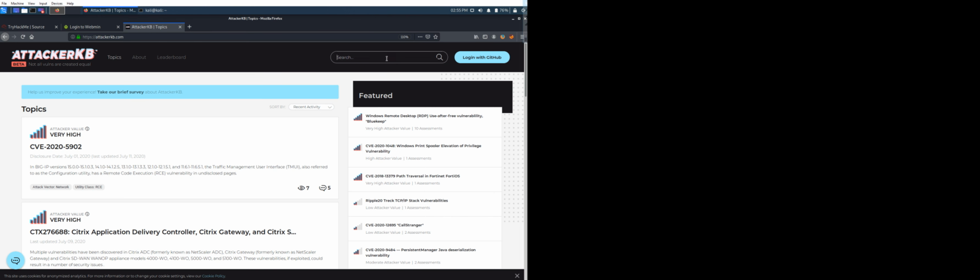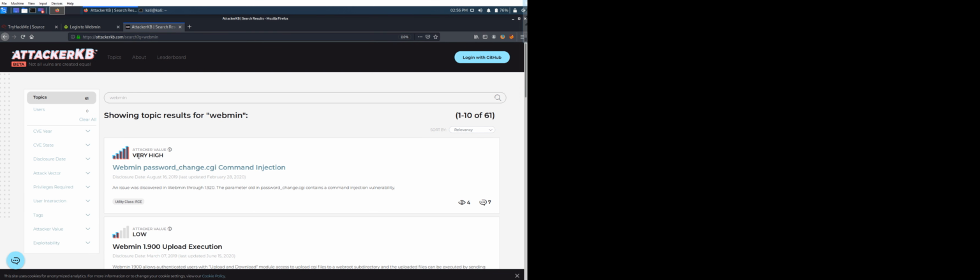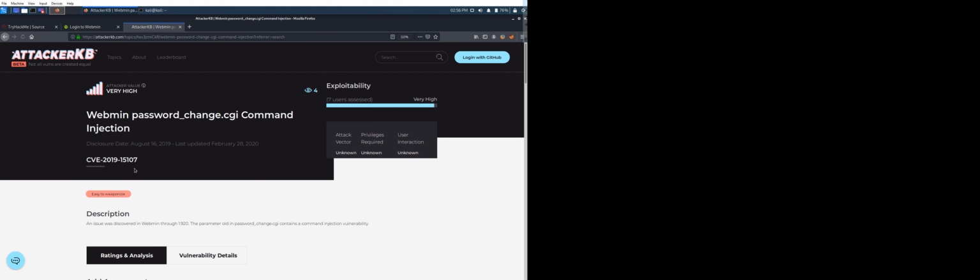Okay, so I think it's not open yet. Okay, so here we are, and let's see what version it is. And okay, no version is given. Let's search for Webmin, and when we do the search of Webmin, it will give us the possible exploits available for the Webmin service here. And we have a possible exploit which has very high severity. So let's check this out.